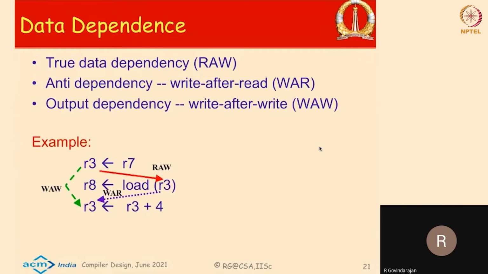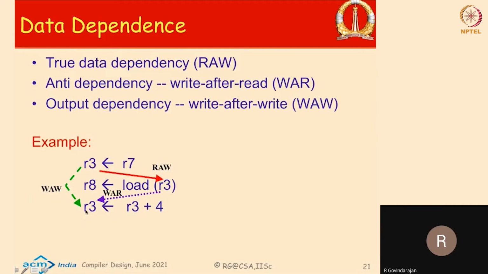As you can see, the first instruction does a copy from R7 register to R3 register. The second instruction uses R3 as a source operand and does a memory load into R8 register. The third instruction also uses the R3 register, adds 4 to it and writes it into the R3